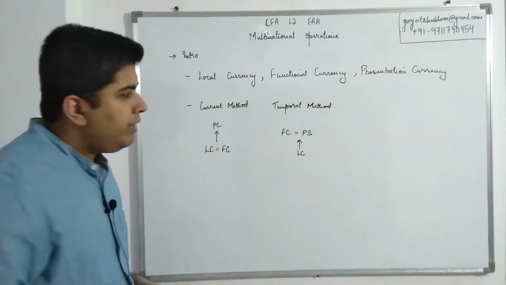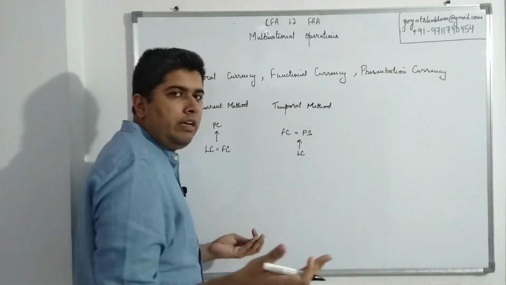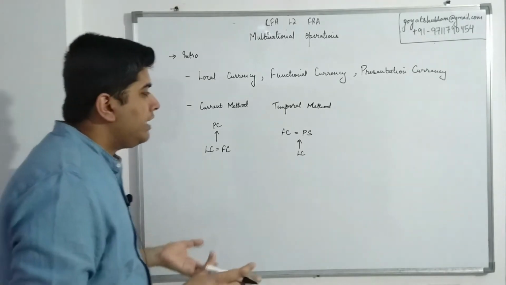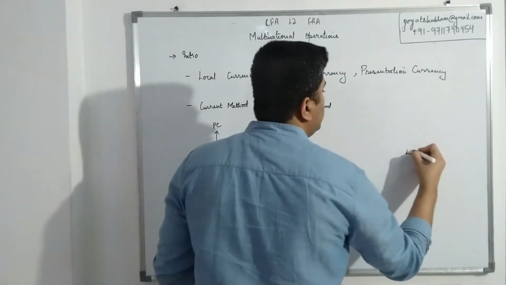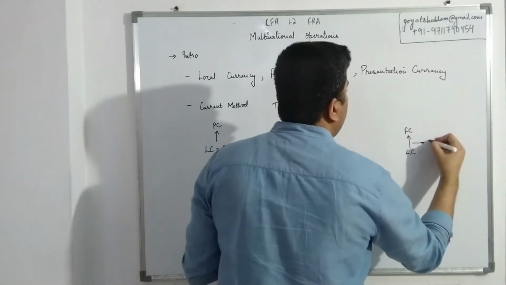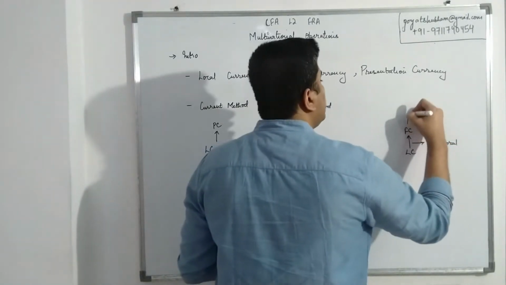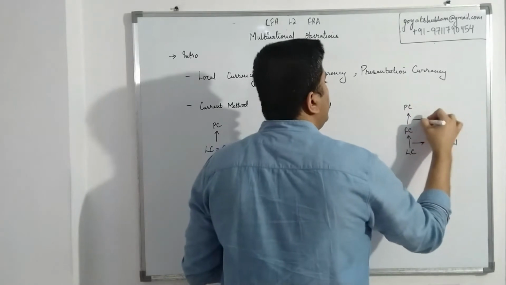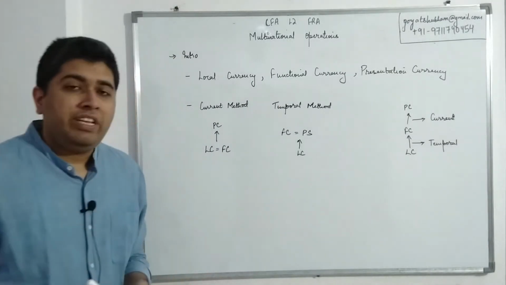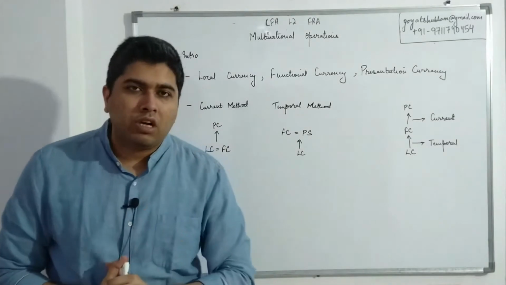And then the third case that we have is specifically focused on a situation where all three currencies are different. My local currency is something else, functional is something else, presentation is entirely something else. In that case, we just do a simple process. From local currency, you convert into functional currency by way of the temporal method. And from functional currency, you convert to presentation currency by way of the current method. So effectively, while you have three possible ways in which these situations will be dealt with, you only have two methods that we'll have to cover in detail.